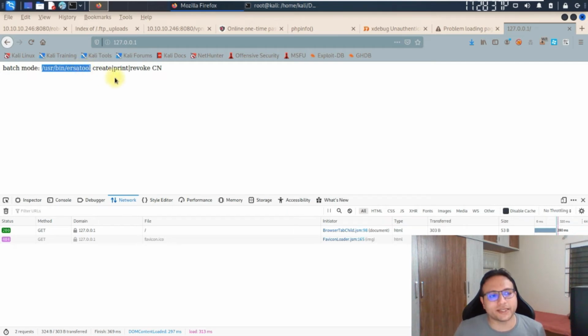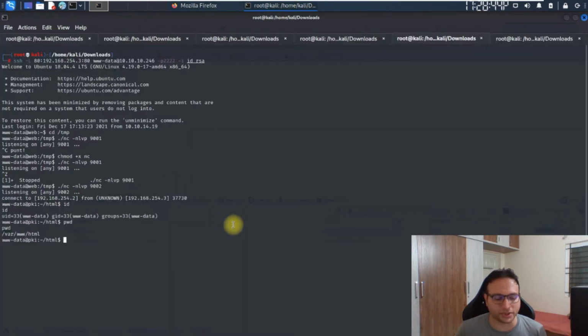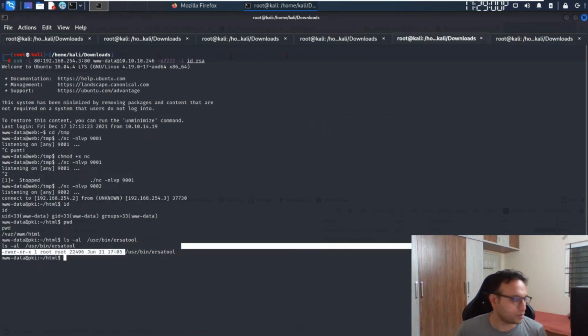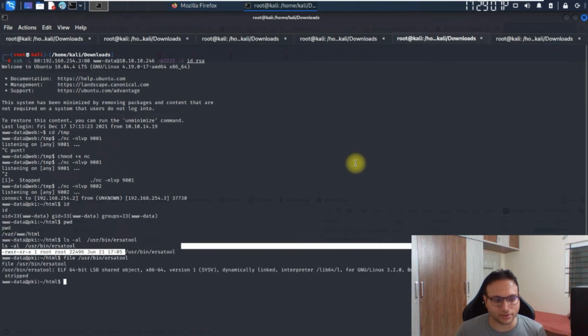Okay, so what exactly is this? We'll try to find this on our machine. Is there anything related to this present or not? We'll try to search for that. Let me look for it. And we can see there is a file present over there itself. We'll try to see the code of this file, to see what type of file this is. So that is one of the things we can see over here.